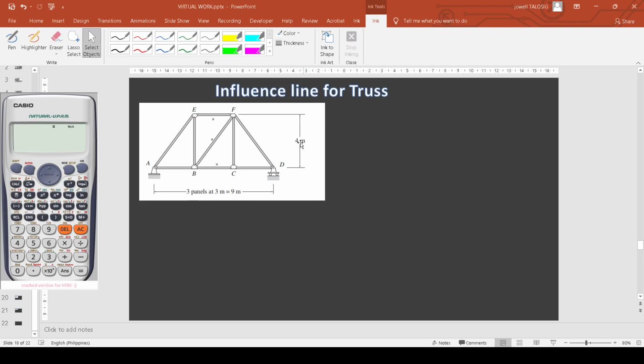So we have here an example of a truss, and then we're going to draw the influence line for each member that has an X mark on it. So we have here member EF, member BF, member BC. Okay, we'll be able to do that. First we need to